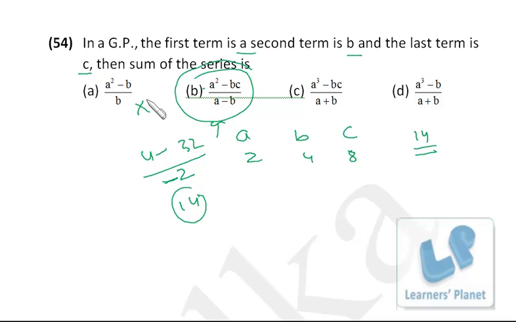Okay, so this is the correct choice. And you don't have to go for the other options, because in the numerator you'll be getting a negative value, here also a negative value, and the denominator is positive in both cases. So no need to worry about it, no need for any sort of cross verification. Option B is correct. Okay,